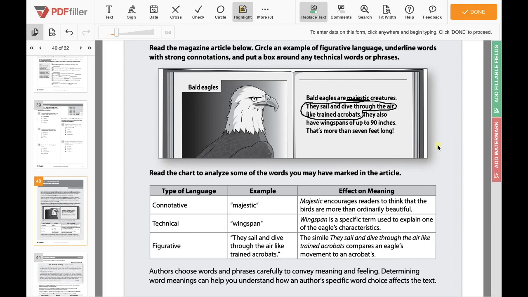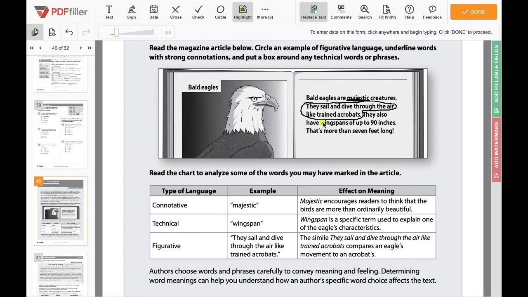Now, what technical language is, because I didn't really explain this because I wanted to have an example with it, is words that are specific to the subject matter that we're talking about. Okay, so we're talking about bald eagles. Is inches specific to bald eagles? Can you talk about inches without talking about bald eagles or birds? Period. Yes. Inches is a universal thing. Same thing with feet, right?